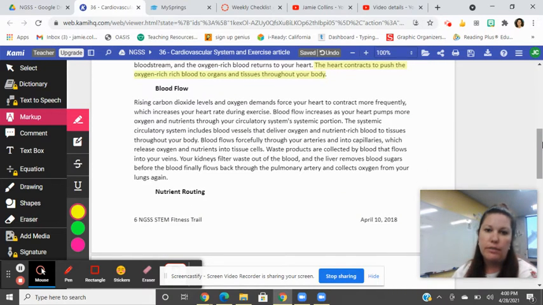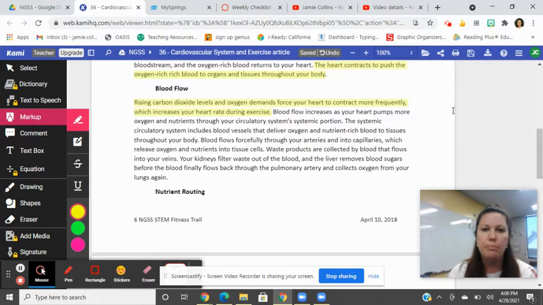Rising carbon dioxide levels and oxygen demands force your heart to contract more frequently. Okay, so this is a cause and effect right here, so I'm going to highlight it. We have others that we've highlighted as well, but this one stood out to me most. Rising carbon dioxide levels and oxygen demands force your heart to contract more frequently, which increases your heart rate during